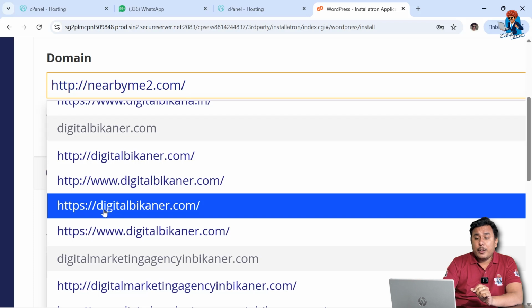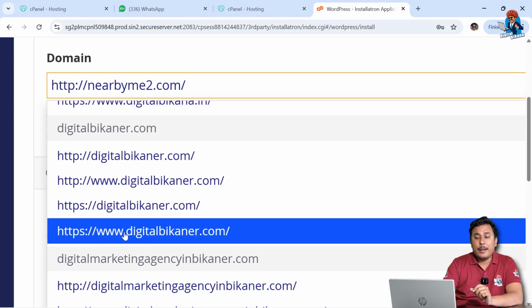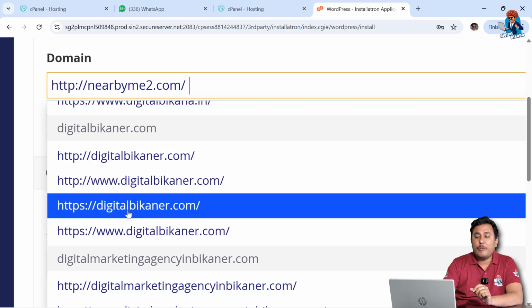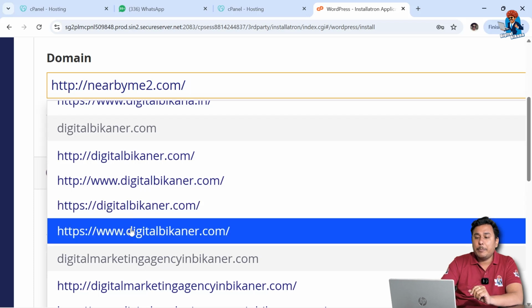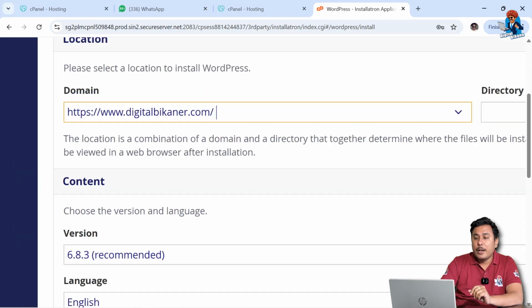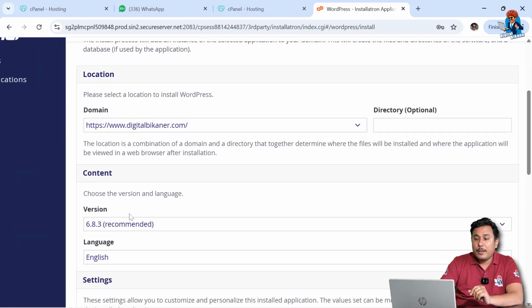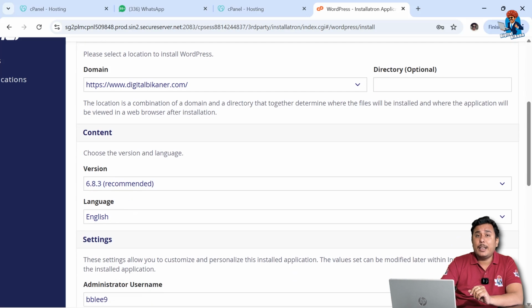So here, if I talk about this particular domain name, then www is missing, and here www is getting displayed, although it doesn't matter whatever you select, right? But mostly people have a perception that if they see www over a domain name, then they think that particular website is world wide web related, right? So no matter, you can select any of them. I'm going to select this as of now, and here let's zoom out, and you can see version 6.8.3